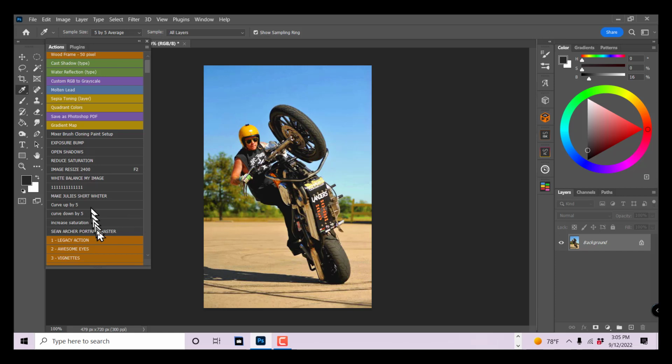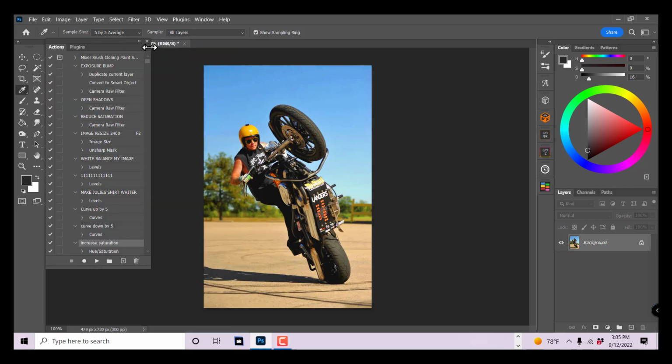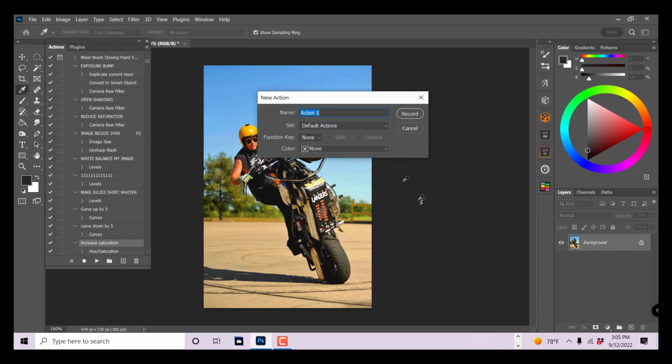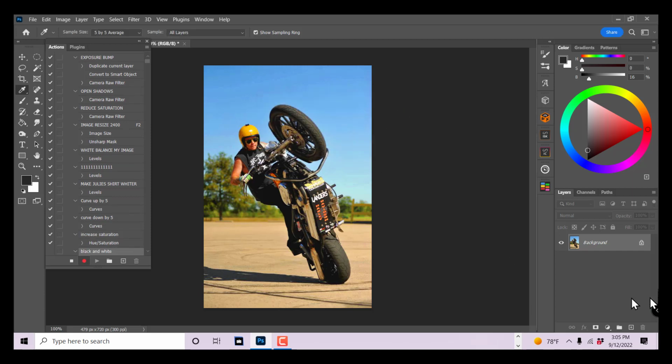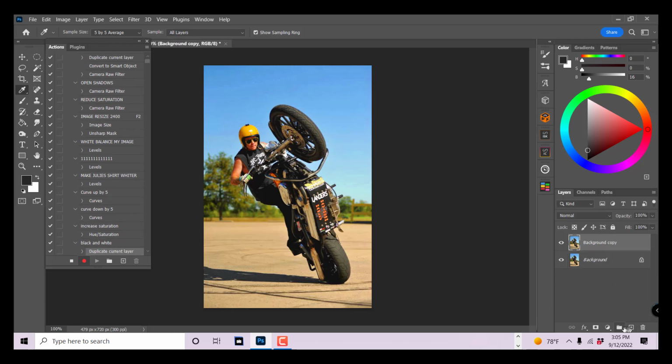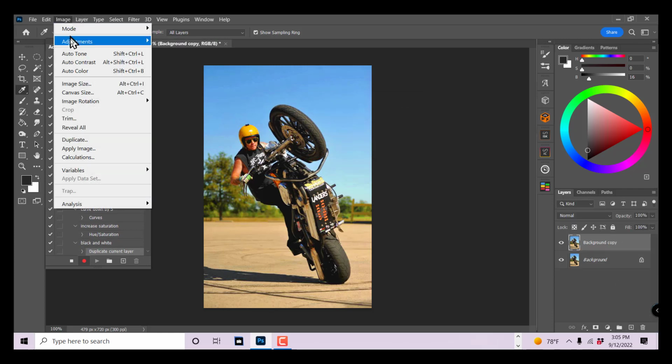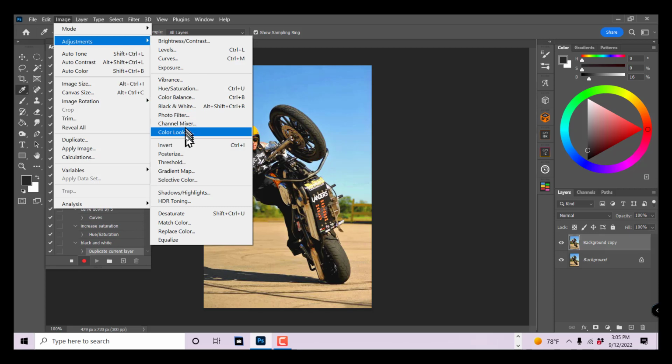And of course, you can make buttons for anything that you can do in Photoshop. As an operation, you can create an action that'll do that. So, for example, if I tell it, create a new action, and I want to make a black and white action that does something like duplicate the image, image adjustment, gradient map,